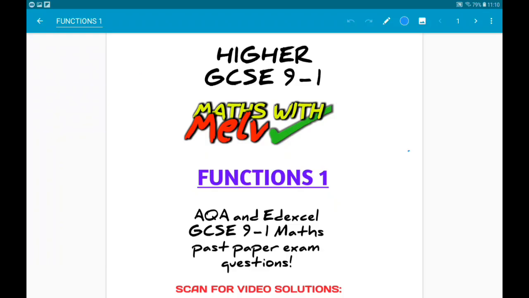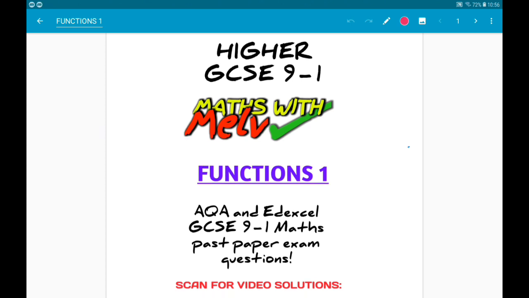Okay, so in this one we are working through a set of exam questions on functions, which is for higher GCSE maths only. Now at the moment I have enough questions to make 2 of these, so I'm going